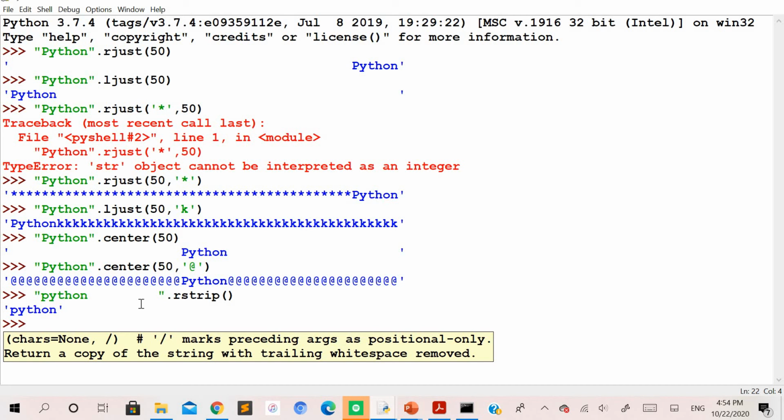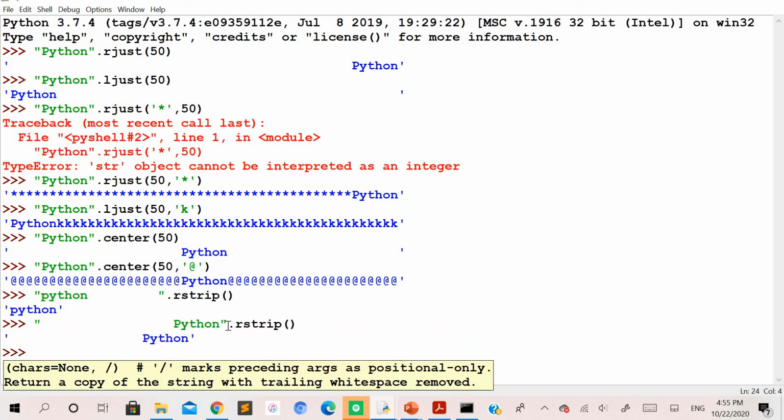So for example, if we have the spaces on the left position and if I use rstrip on this string, probably you are not going to remove anything. Why? Because the rstrip method is going to remove the spaces only from the right side position. So in the previous example, you had left the spaces right of the string, which will be excluded if you use the rstrip method.